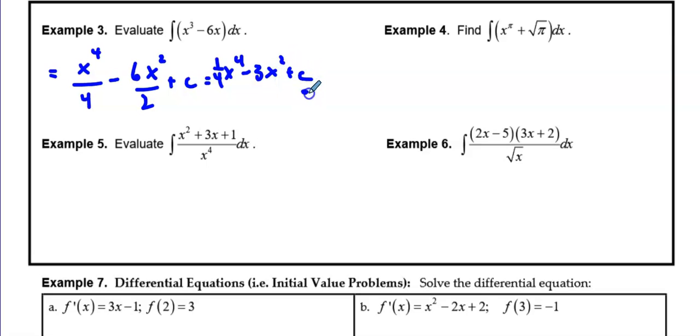And again, I got that plus c. So how do I find out what that plus c is? Well, I have to give you another condition, which you guys are going to see down here in the next example. But let's move on to the other couple that I want to do here for these problems and say,